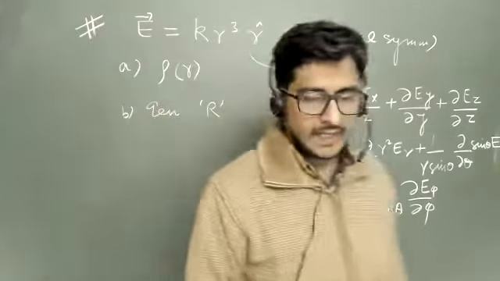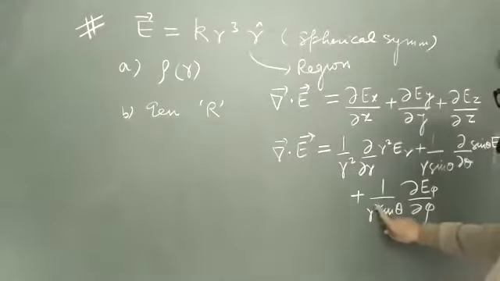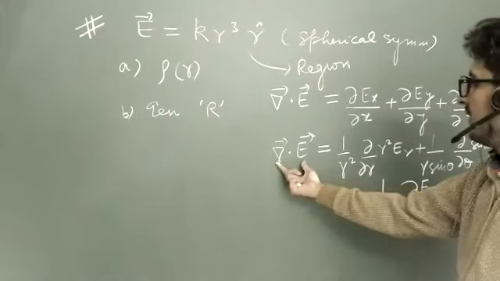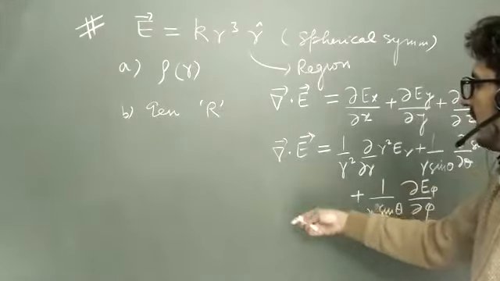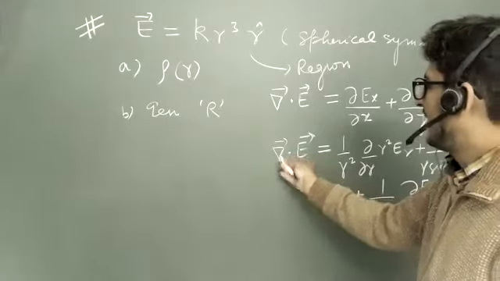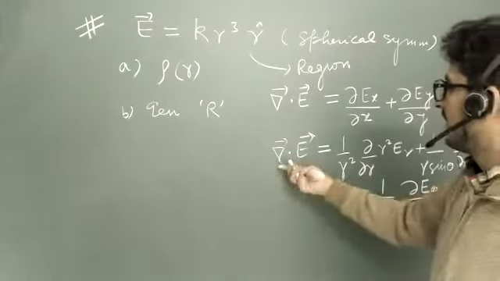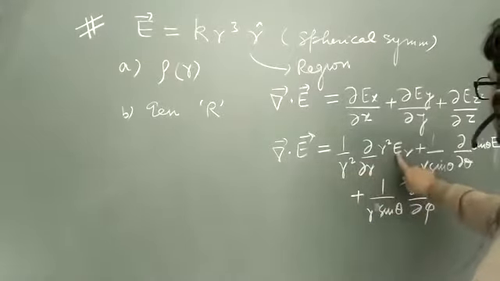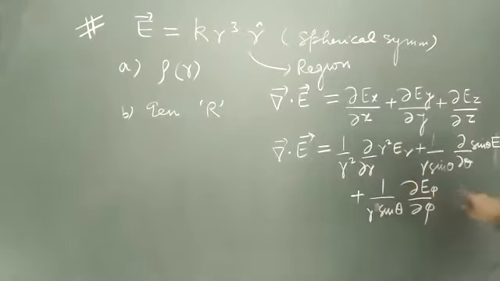Let me check it. It will be 1 upon r sine theta, I guess. Yes, sir. Because dimensionally, everywhere you are taking del dot E. That means dimensionally you are getting E by length, right? But del is 1 by length. So you should get everywhere dimensionally 1 by length. So r square cancel, 1 by length. Here also 1 by length. And here also 1 by length. So if by mistake you have put r square, you can check it dimensionally that it should be r sine theta. Is that okay? Yes, sir.